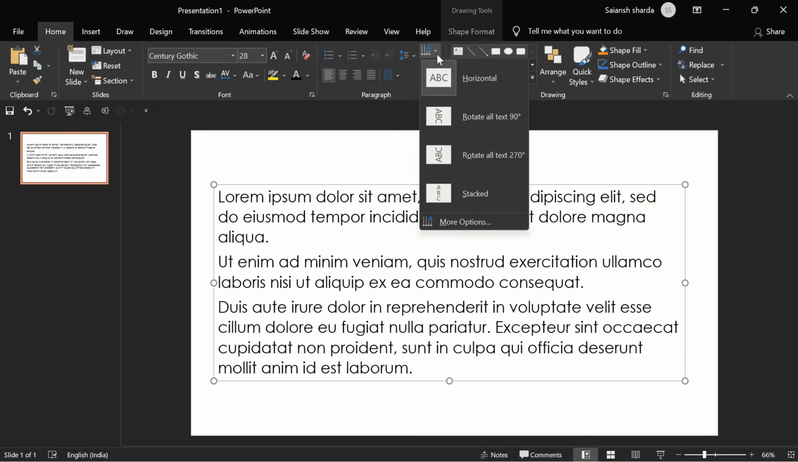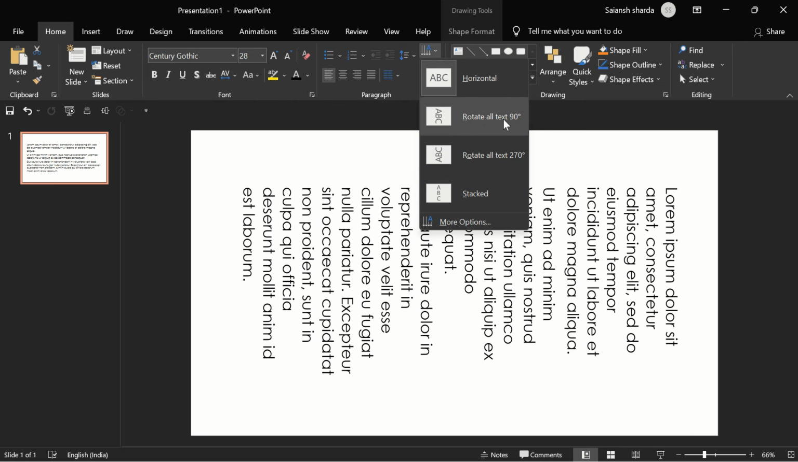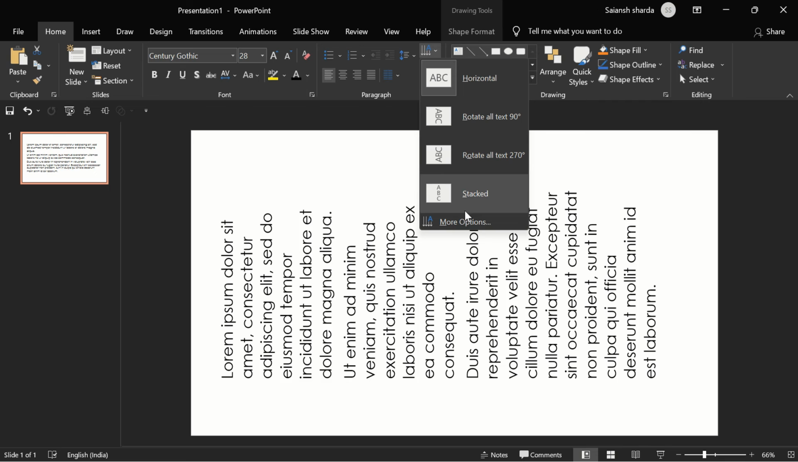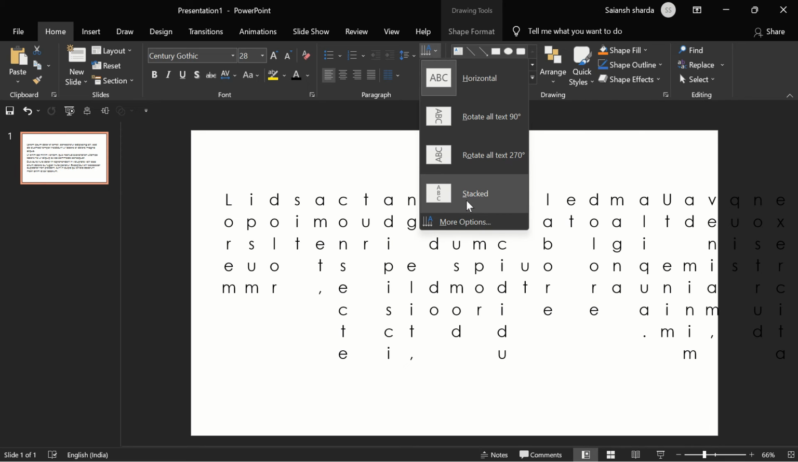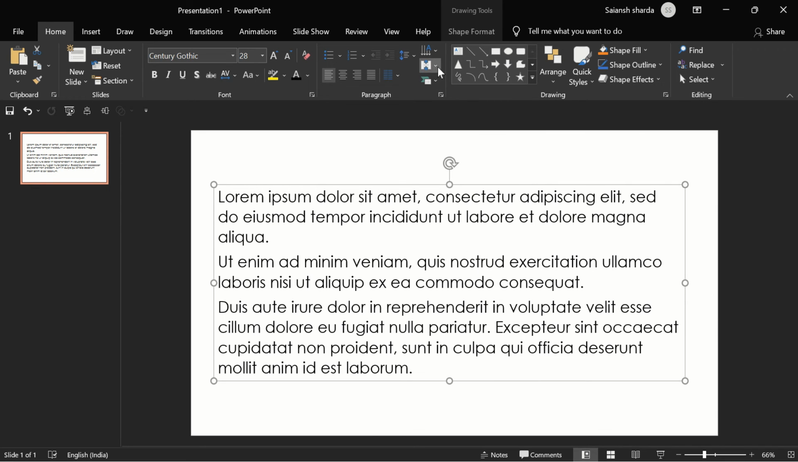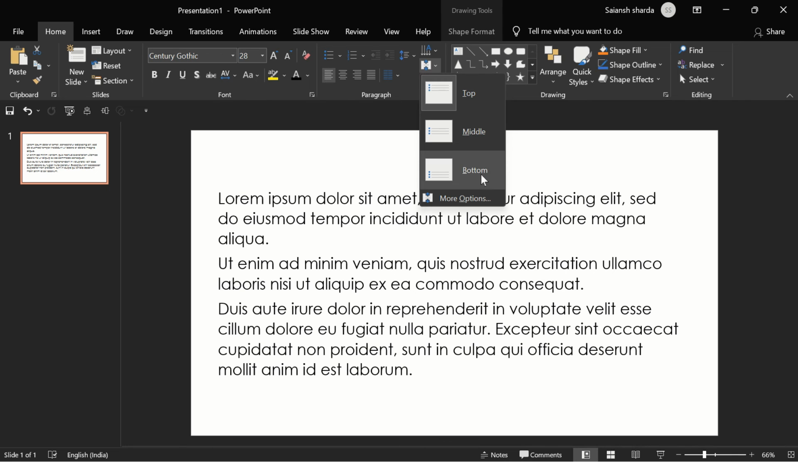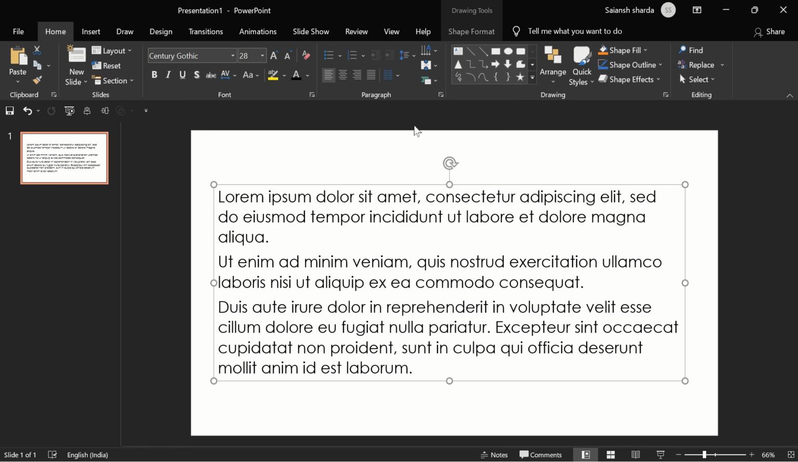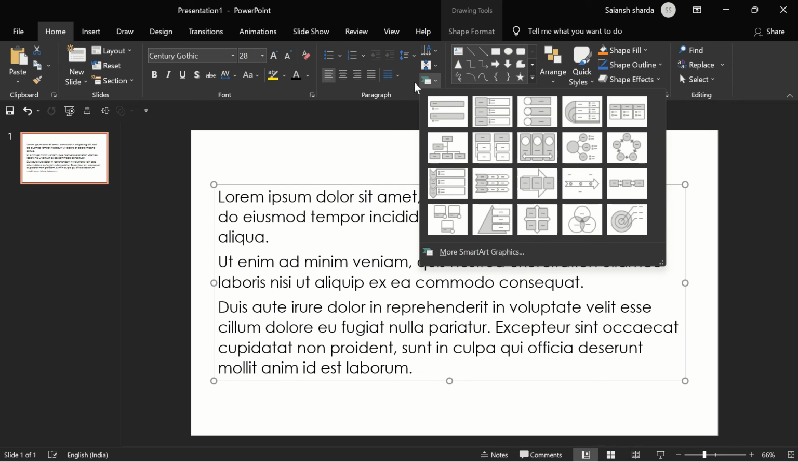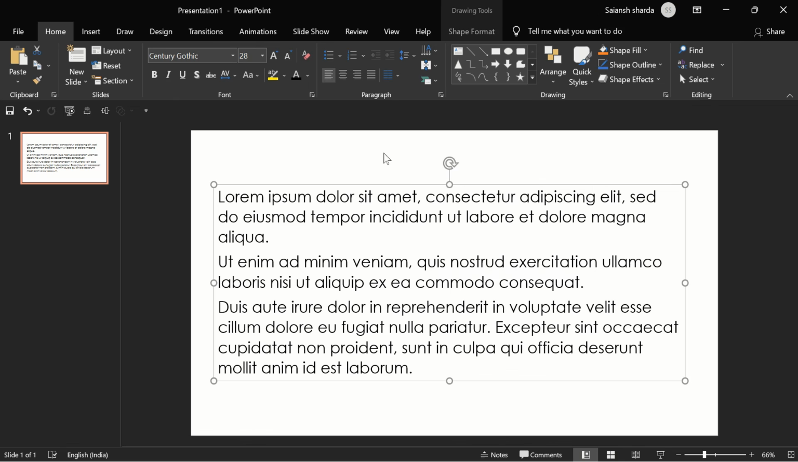Next we have text direction. If you want your text to be rotated all the way to 90 degrees or 270 degrees or stacked up, you can go to this tool. Next we have this alignment tool. If you want your text to be on the top, middle, or bottom of your text box, you can go to this tool. And the last tool is the Smartart, but I will not be discussing it now because